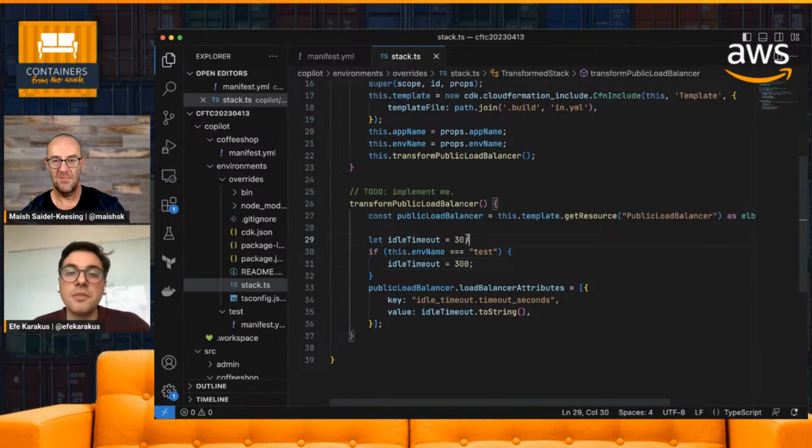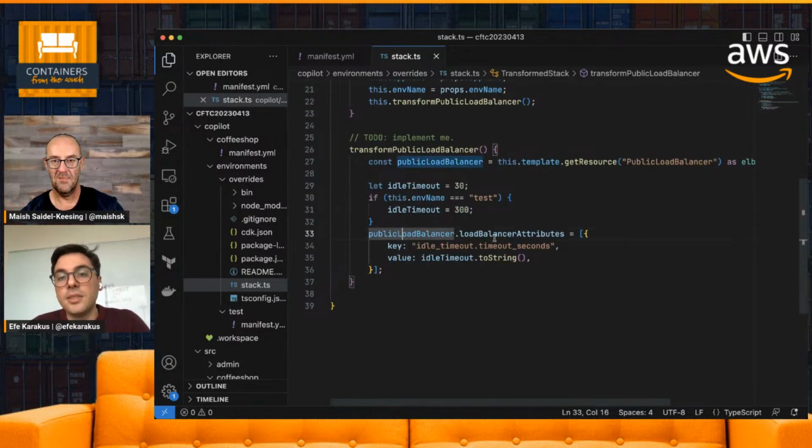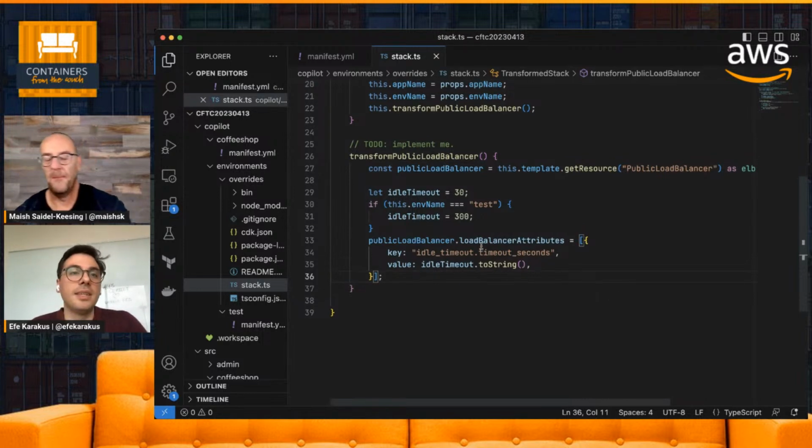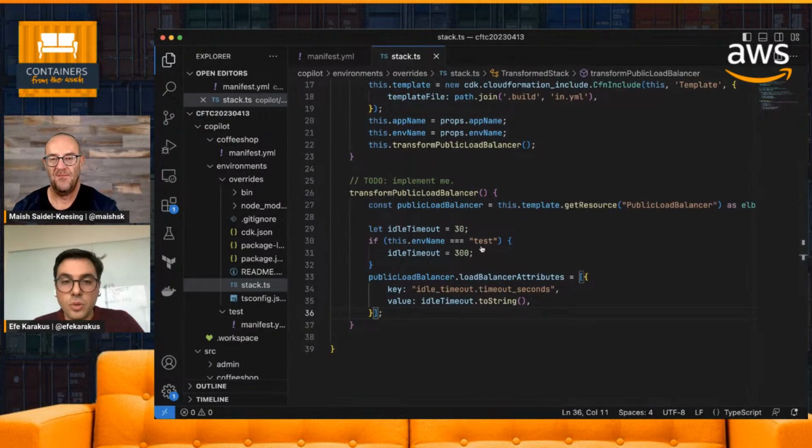But if it's a production environment, or if I have several production environments, I can give different values. And the CDK makes it super easy to write this. That's exactly what this piece of code does: I take the idle timeout, and if it's test that I'm deploying to, I set it to 300. Then at the bottom, I override the load balancer attributes field with that value, 300 or 30, whatever it may be. Yep, exactly. And then if I go back to Copilot, to the CLI,